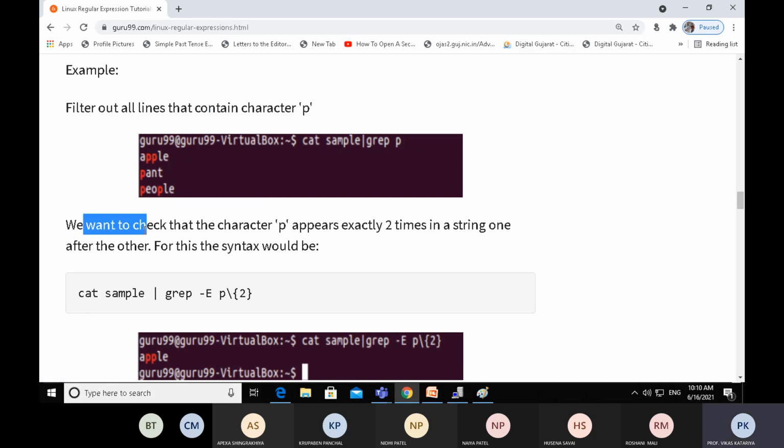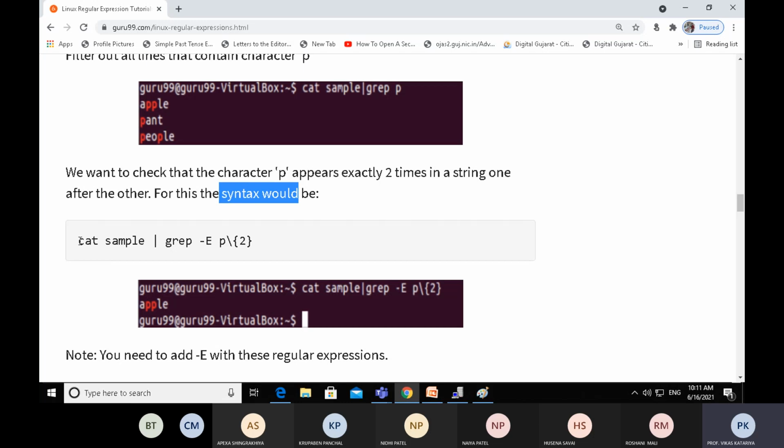Now we want to check that the character P appears exactly 2 times in a string, one after another. For this, the syntax would be cat sample pipeline grep dash e, that is the expression p curly bracket 2.